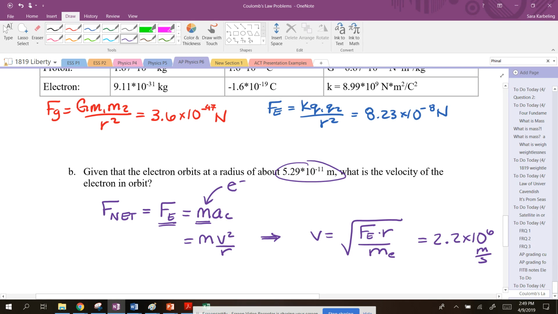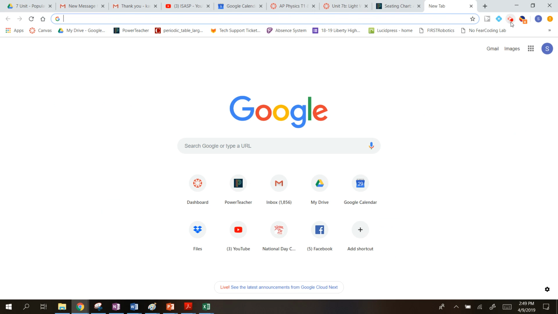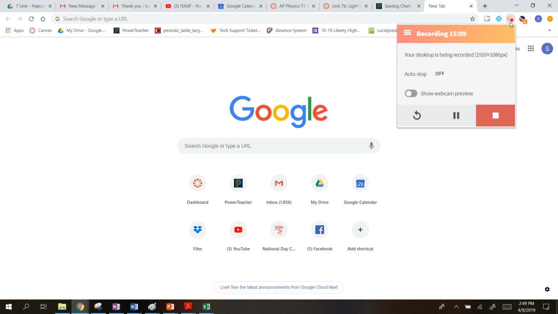I am going to pause this so that we can go back and look at the applied problem. This applied problem comes from a lab, but the lab is kind of a we're just going to do it once kind of a lab. It's not